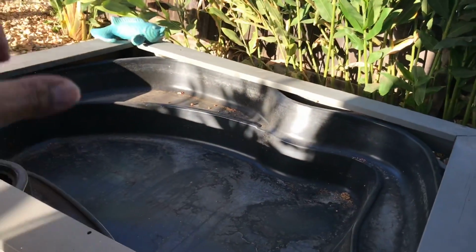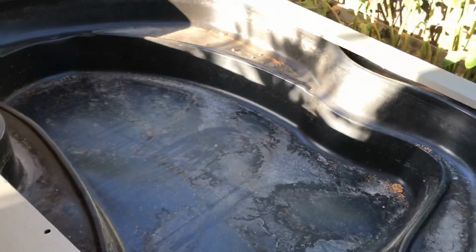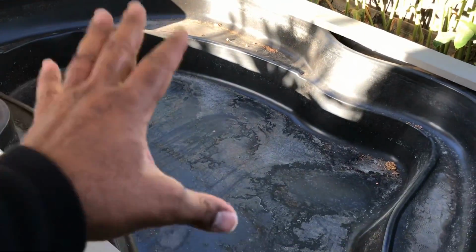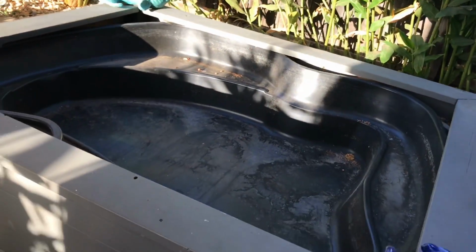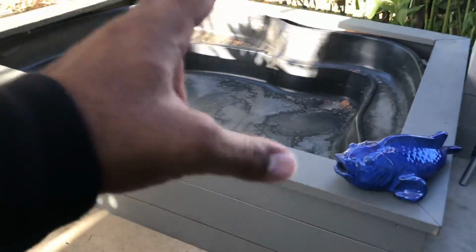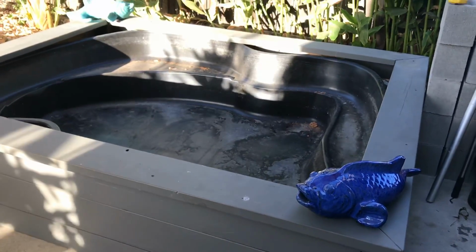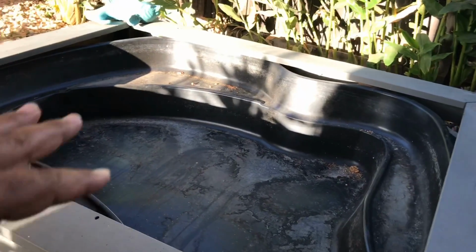Now inside here, you can see it's got the trays and the levels. This is one of those ponds that you would dig and set them down in the ground. She actually paid somebody to make this frame. So this gives you guys an idea. If you guys have this type of style of pond, or you're thinking about getting this type of style of